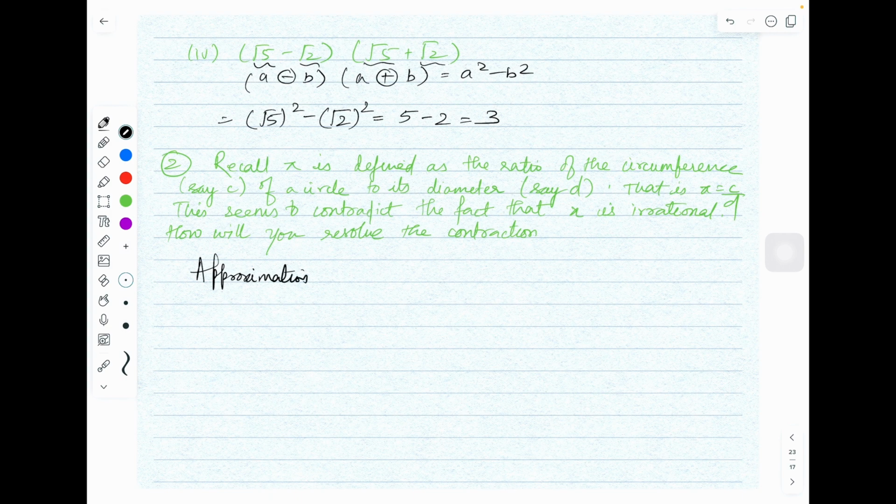See the equation that it has written: pi equals C by D, where D is the diameter and C is the circumference. So circumference C equals pi D, or you know this is 2 pi r. From where are you getting this relation? See, if you take a circle,